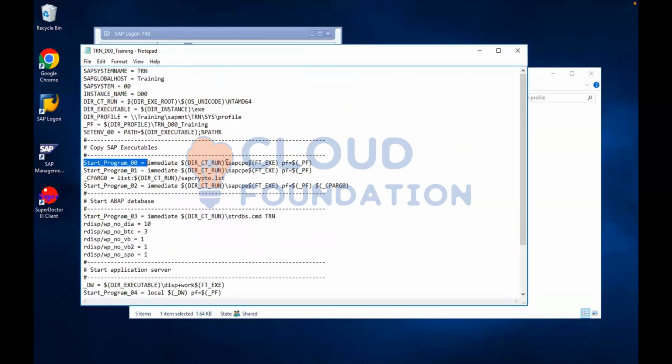It is going to call this program SAP CPE. SAP CPE program is going to run and it is going to start the ABAP database. Are you able to see, right, guys? Yes, Sanjay. Yeah. So this is what is happening in the background. When we start, it is going to call this program SAP CPE. SAP CPE is going to call another program,